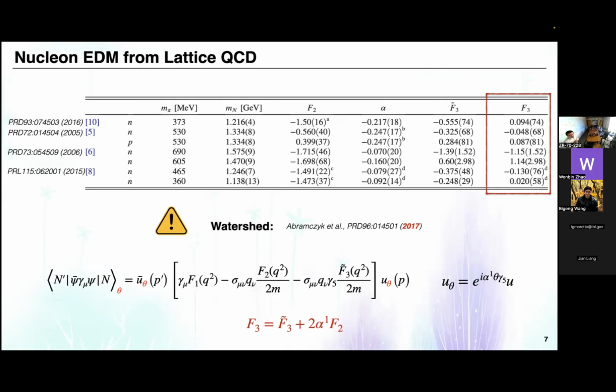It's just like F3 times some factor times this F2 form factor. But the problem is, after this correction, this F3 value, basically we have no signal. The best we have is about 2 sigma here. It's just like we have no signal. And this is 2017. After that,